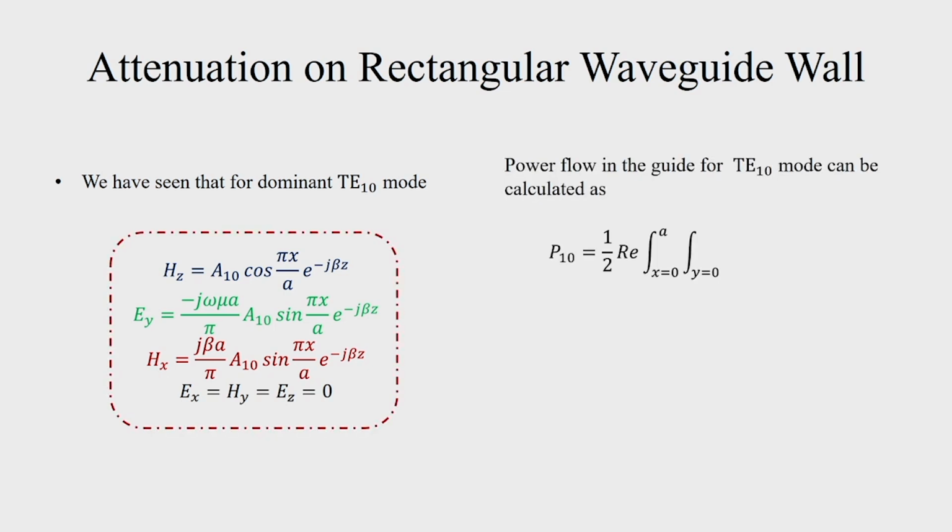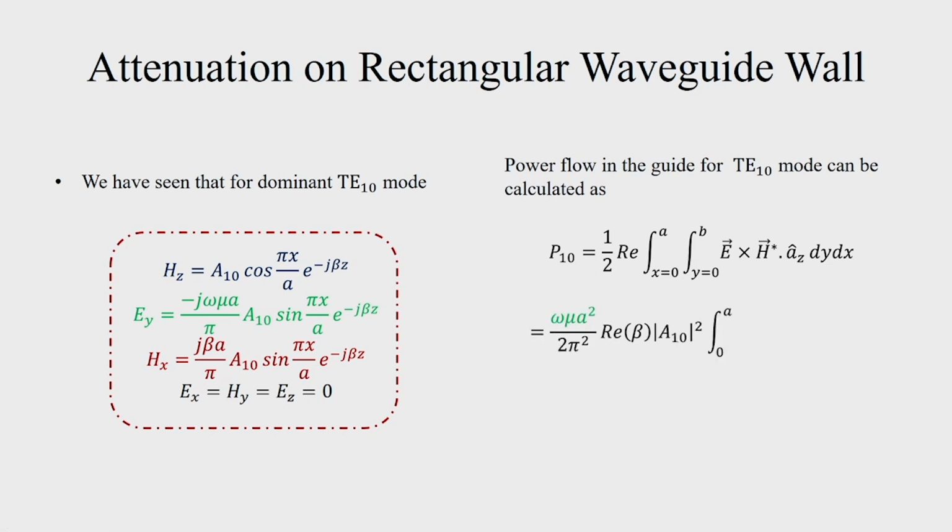Now, we can calculate the power flow inside the waveguide as half the real part of E cross H star, which is the Poynting vector, and then dot it with the area element dx dy, where Az is the unit vector for this elemental area. So, if we evaluate this expression, we get